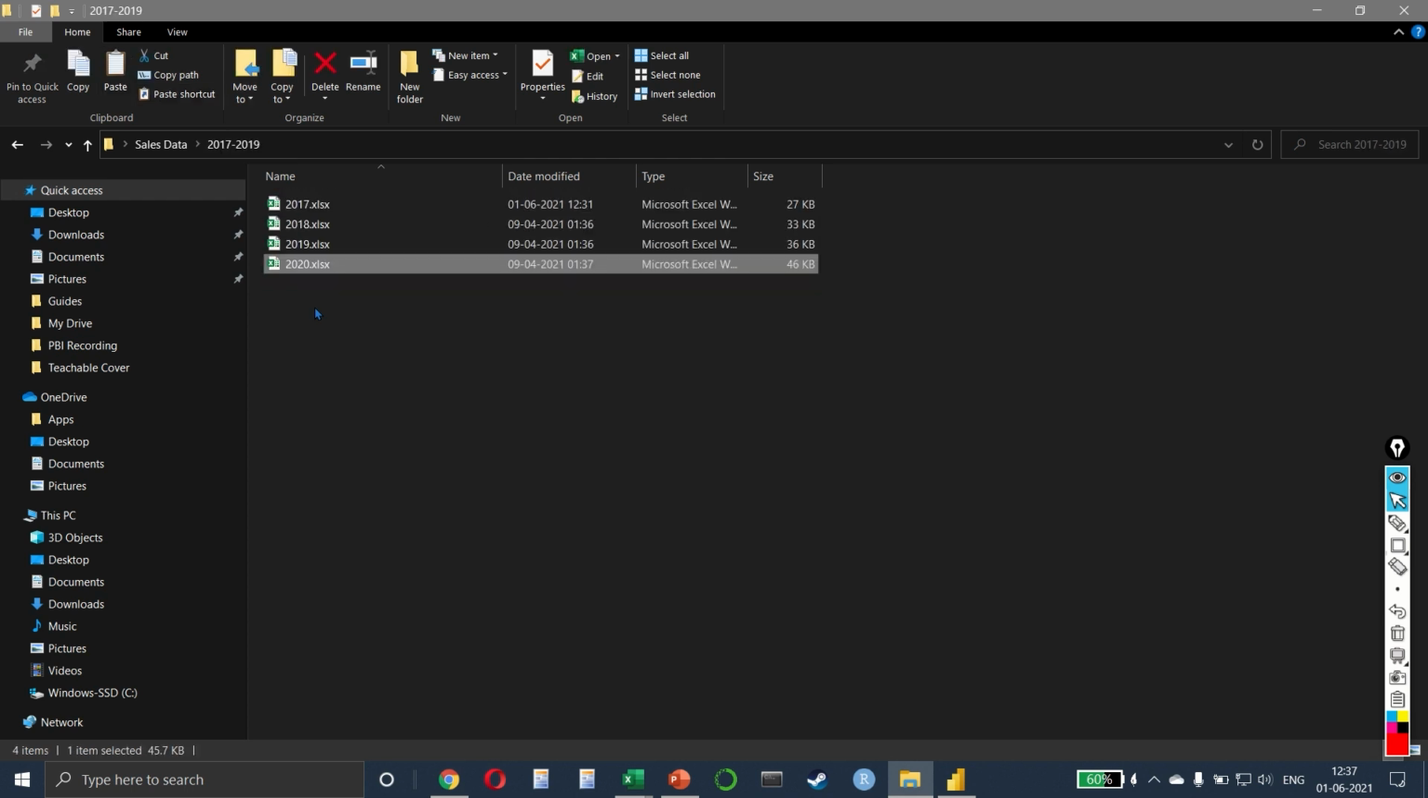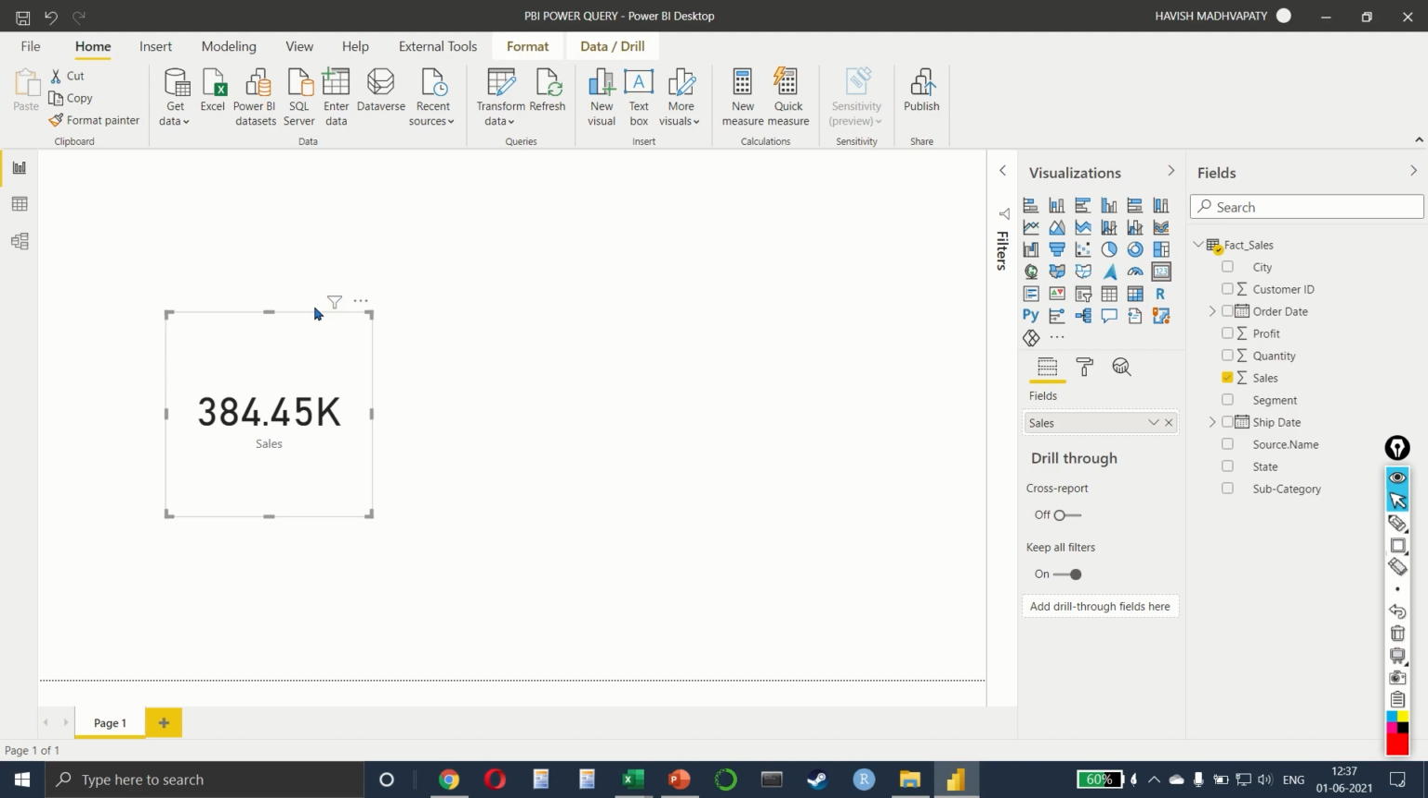But if we go back to the folder and I select 2020 and I put it back in the same folder as 17, 18, 19, I can simply click on refresh and you can see that the number will change automatically. How cool is that? This means that any change that is happening, adding a row, subtracting a row, modifying something, adding a new file, subtracting, removing a file, everything will get updated with the